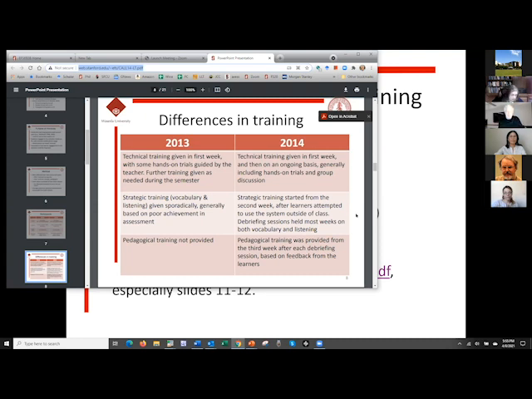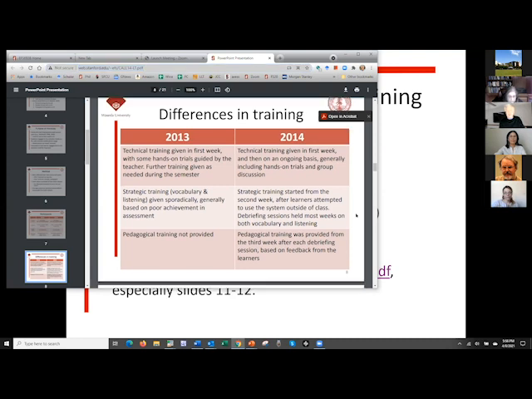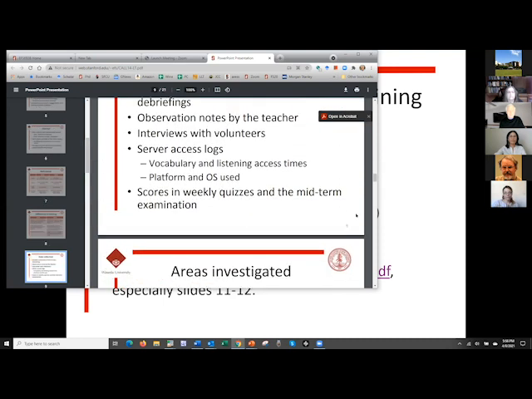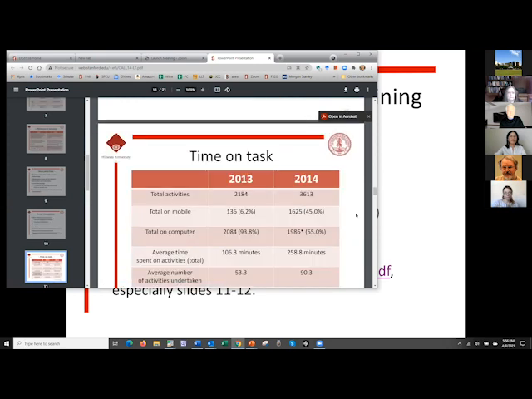I don't have time to really go over the app, but it was basically a listening and vocabulary development app that was designed to support the regular work they were doing in class and was completely optional. So if the students used the app, they were more likely to do a lot better on the quiz they got the following week. So this is some of the work he did.